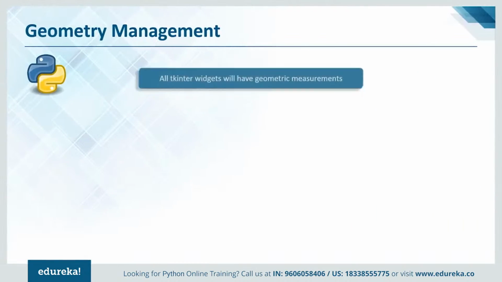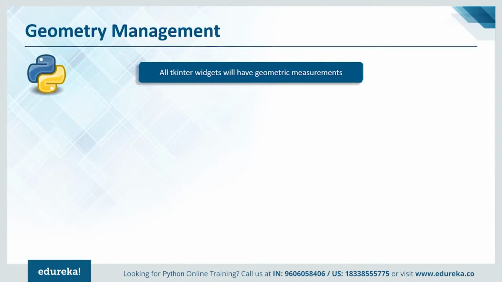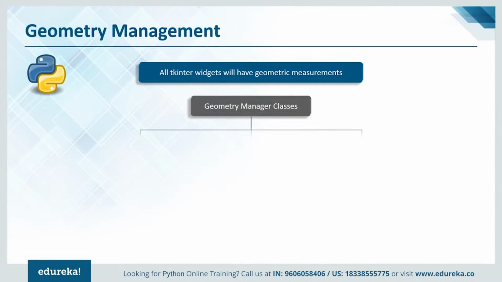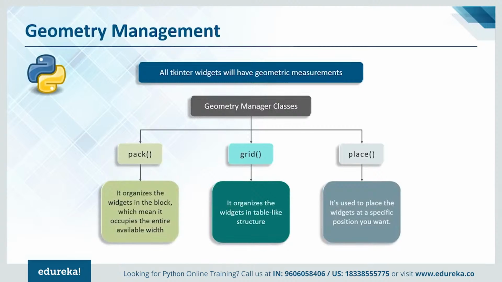Well, all of the widgets in Tkinter will have some geometry measurements, right? Well, these measurements give you a way to organize the widgets and their parent frames, windows, or anything like that. Well, Tkinter has these three geometry manager classes, guys. So we have pack, grid, and place. Well, pack is used to organize the widgets in a particular block, which actually means that it occupies the entire